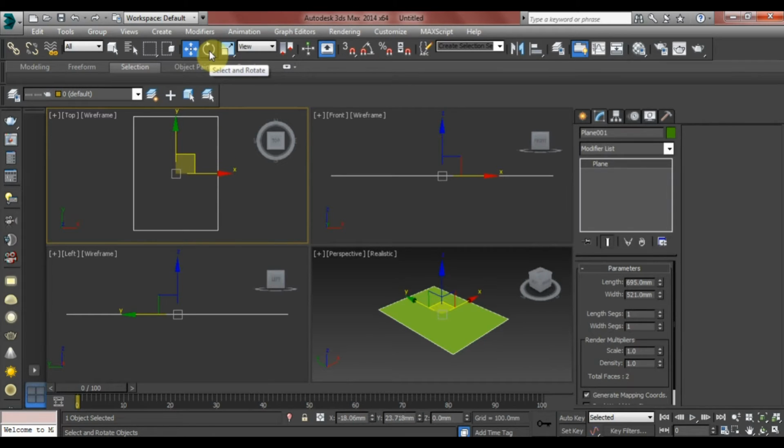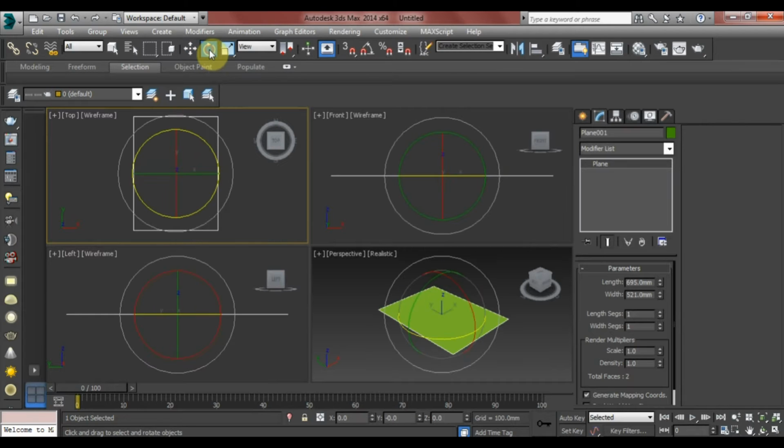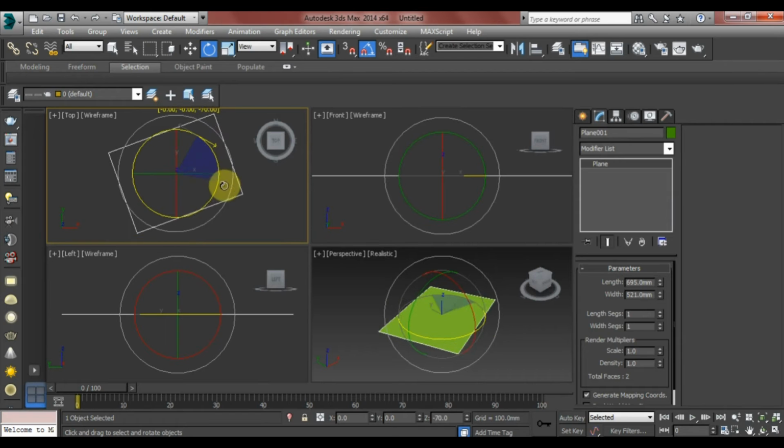So to do that, up the top here we'll left click on the rotate button, and over here what we want to do is make sure we've got angle snap toggle on. So left click on that as well, and that'll snap. And what we can do is in the top viewport hold down your left mouse button over the yellow circle, and then drag your mouse downwards, and as you can see it's rotating, and you should see an